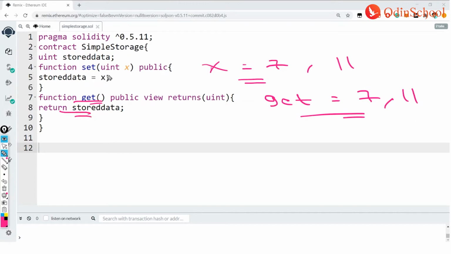Now whatever you are passing inside this set, it is going to give you in this 8th line, that is you are asking this smart contract to return me the data which is being passed in the line number 5. That's the reason why you could see whatever you are passing here, you could see that value in get. And to see this value, we are using a keyword called view, so that you could see the output of it. And it is accessible to everyone. Why? Because we are using a keyword called public access modifier, where everybody could see the output.